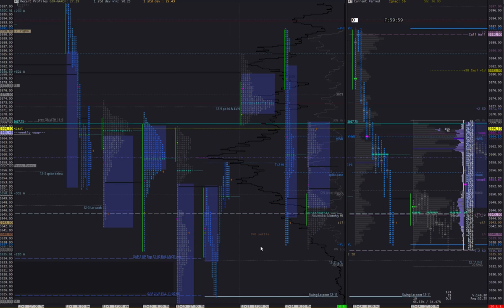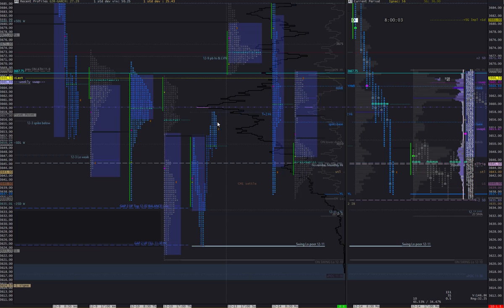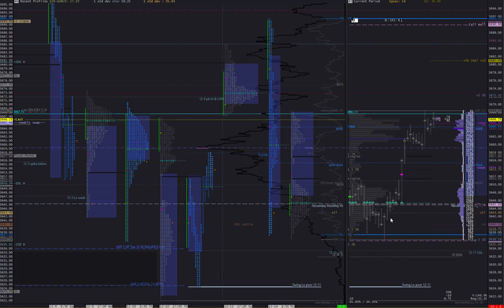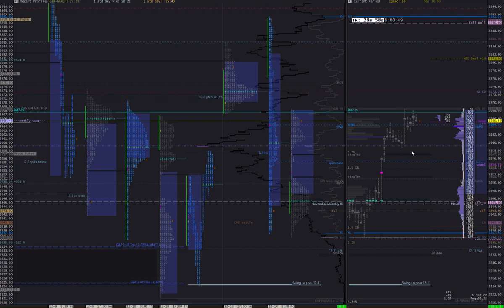Maybe I underestimated the rally that we made from Friday's lows, that this was the initial short covering, and now it had to be corrected in a stronger manner because all those traders were also weak because they were buying exactly this area, which is 36.50, and they had to be flushed late in the day. So anyway, now inventories seem to be a little bit short, and overnight did confirm this by trending most of the time,